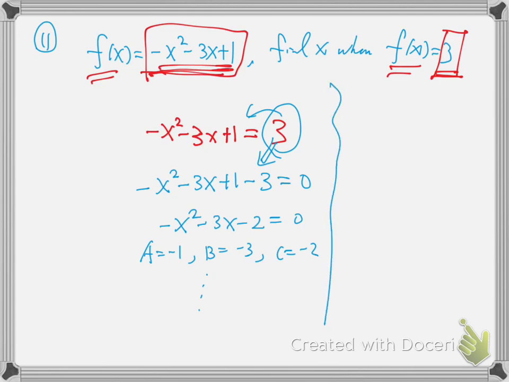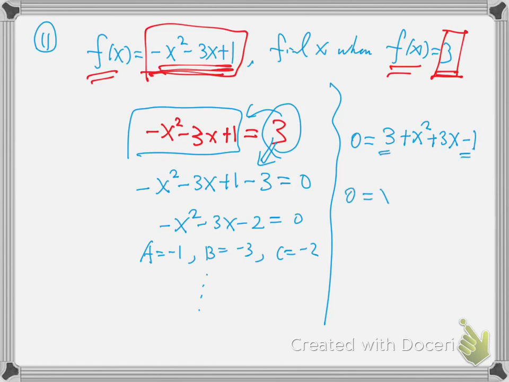So now if you move these three terms to the left, it's better. First, 3 is the same. Negative x squared becomes positive x squared, negative 3x becomes positive 3x, positive 1 becomes negative 1, right? Now we combine 3 and negative 1, and we get 0 is x squared plus 3x plus 2. So now we can factor it, right? This is x plus 1, x